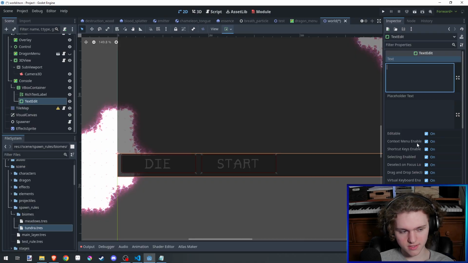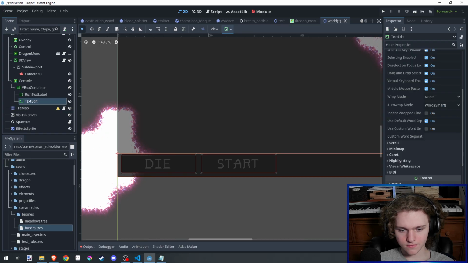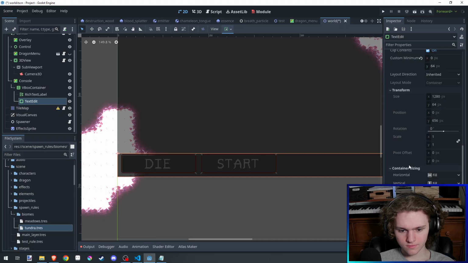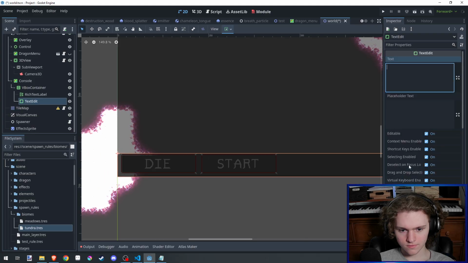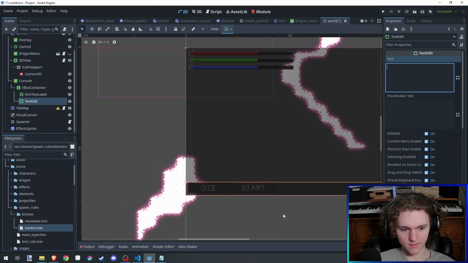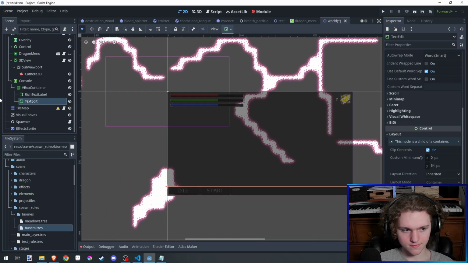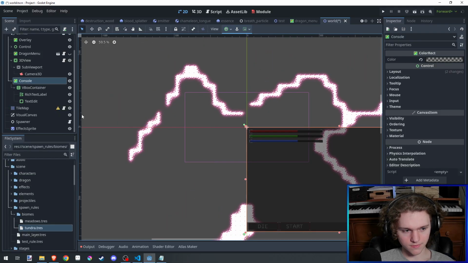Can I adjust the alignment or anything? Maybe that's something in the theme. This will work though. Although I don't see any theme overrides or anything like that. Anyways,